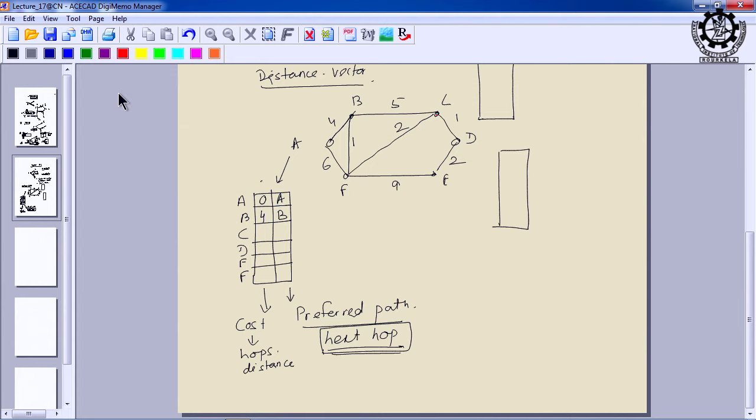Now, to reach C from A, find out the path. One is A to B plus B to C, that is 4 plus 5 is 9. Another is A to F, F to B, B to C, 6 plus 1 plus 5 is 12. And another is A to F to C, so 6 plus 2 is 8. So, which is the lowest cost? Definitely it is 8, and who is the preferred path then? To reach C,